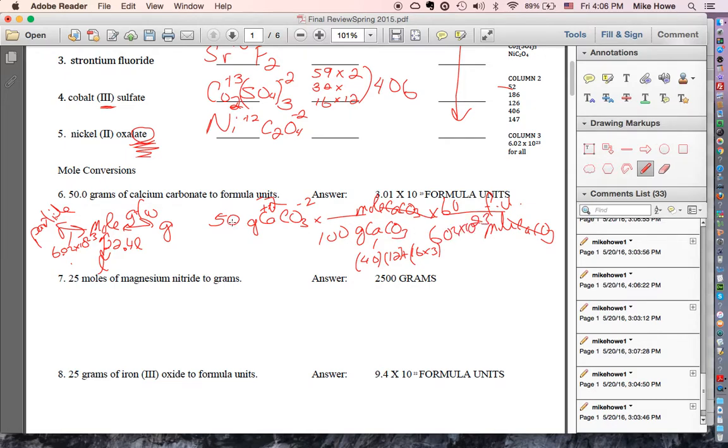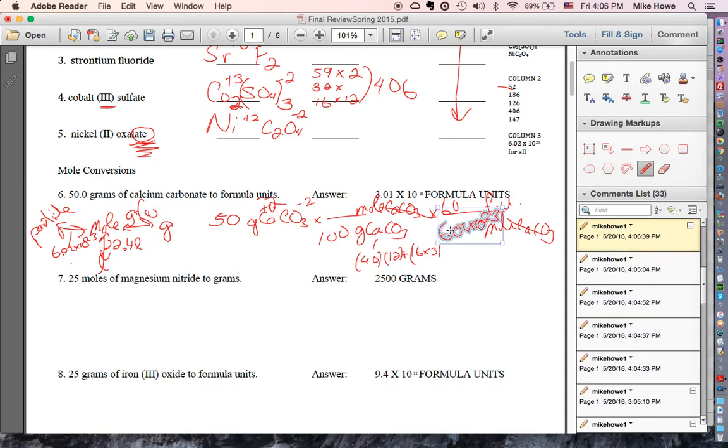Then to do the math, it's 50. Oops, I put that in the wrong spot. Let me erase that. All right, so this should have been 6.02 times 10 to the 23rd on the top, and 1 mole on the bottom. So then moles cancel. You have 50 times 1 mole times 6.02 times 10 to the 23rd, then divide by